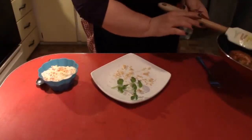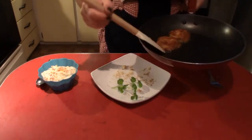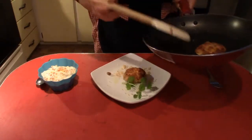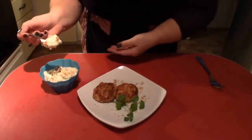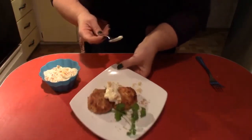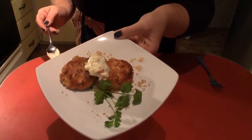So I've taken just a little bit of the pork rind dusting and have put that on my plate so that I have a nice presentation. Ooh, sizzling salmon cakes. Look at that. Awesome. Nice crispy golden texture. And I'm going to add a nice little dollop of my fresh made tartar sauce from the other day. And we have a nice pretty little presentation of salmon cakes. I'm gonna take a taste test now. Okay, so for the final moment, I am going to taste this lovely